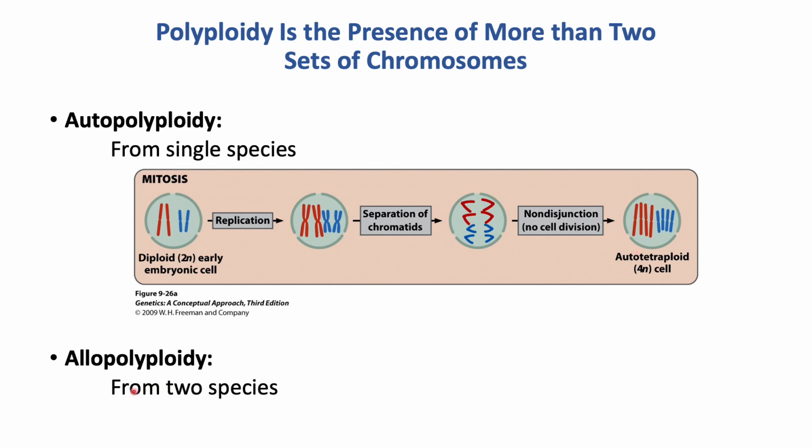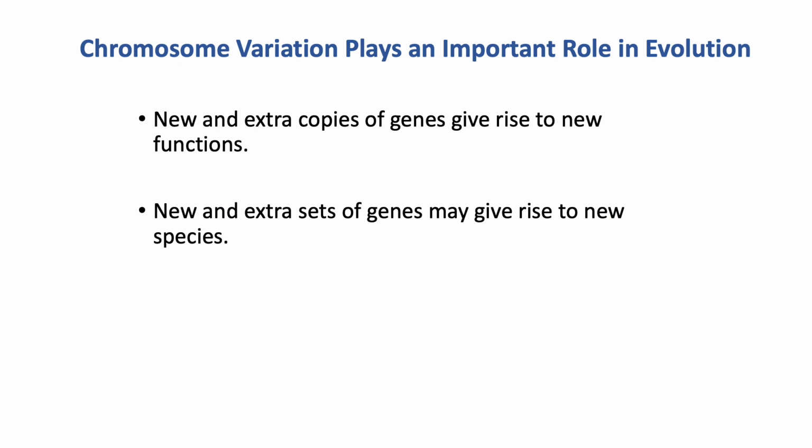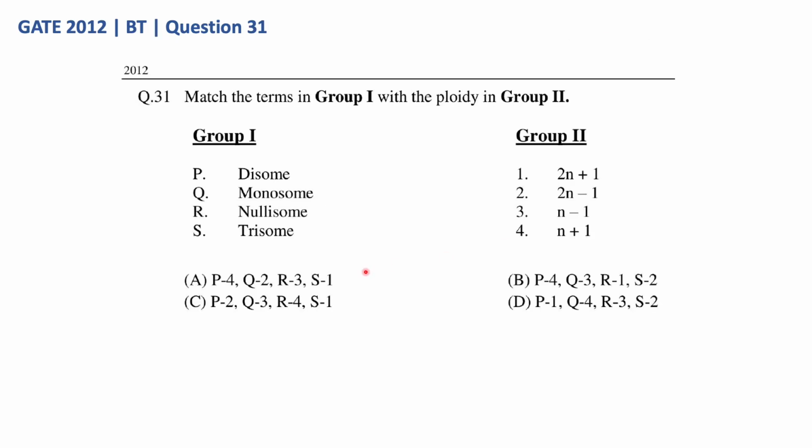The other one is allopolyploidy. This occurs when an organism has more than two sets of chromosomes from different species. An example of allopolyploidy is Gossypium, a species of cotton, which are hybrids formed from two diploid species of cotton. So, in conclusion, chromosomal variations play an important role in evolution, giving rise to new functionalities and even new species. Now, coming back to the question, disome would be n plus 1, and monosome is the loss of a single chromosome, so it would be 2n minus 1, and nullisome